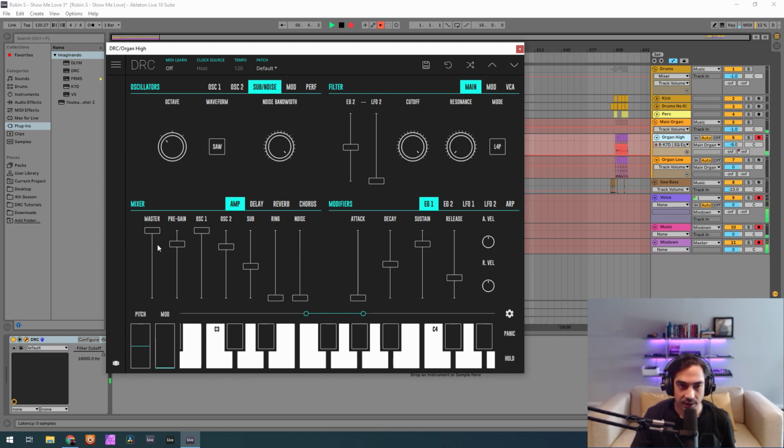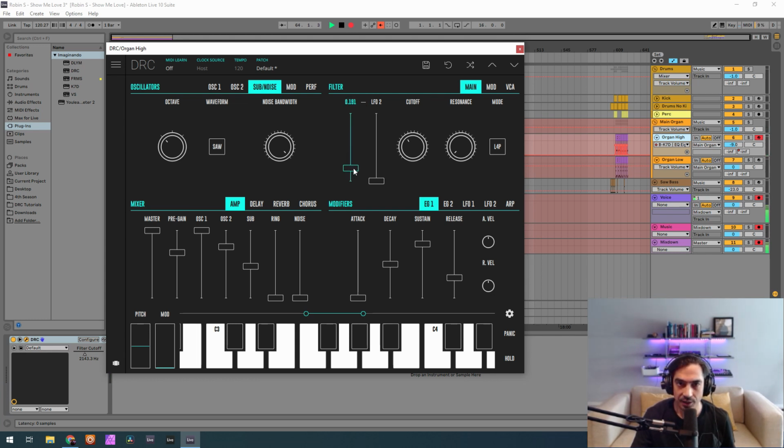Drop the pregain to 673. And now drop the cutoff to 364. And the envelope generator 2 amount to 198.